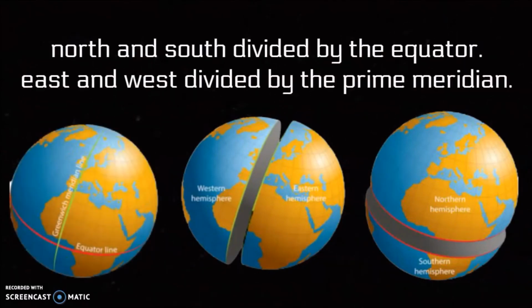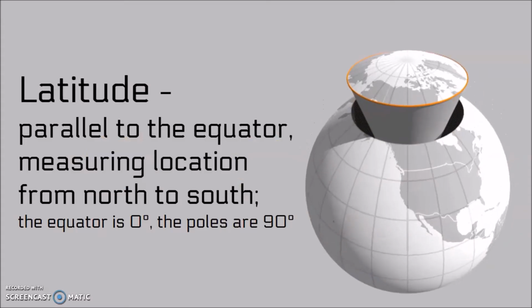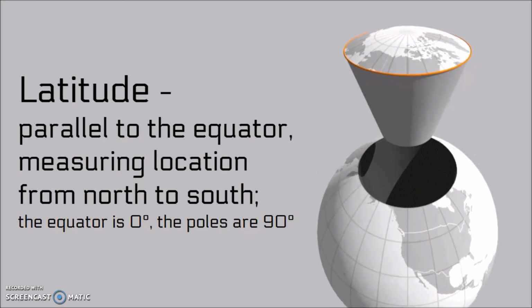The north and south hemispheres are divided by the line called the equator, and the east and west is divided by the line called the prime meridian. And these two lines are going to be the basis of the other lines that help us map out the world. The first type of line is called latitude, which is parallel to the equator, and it measures location from north and south,